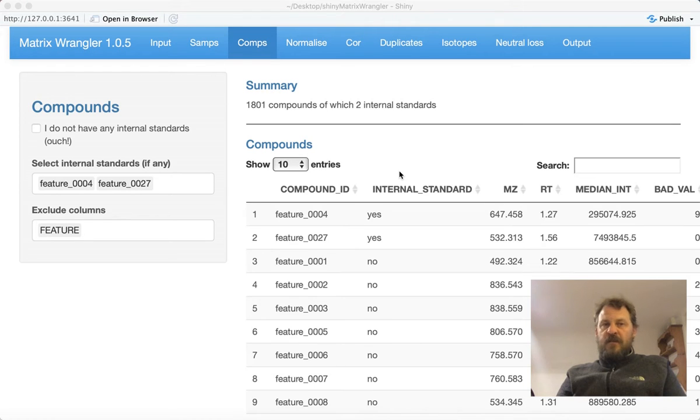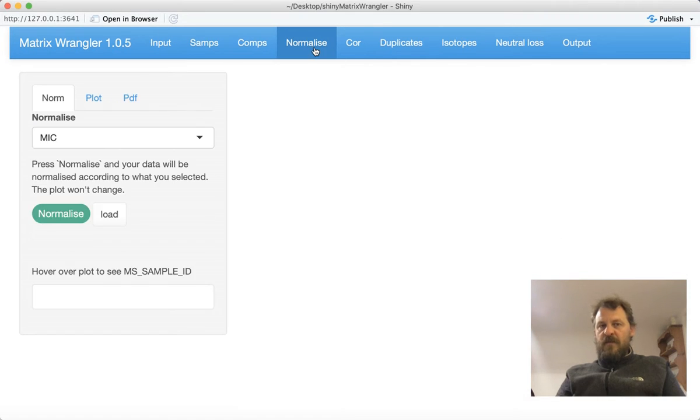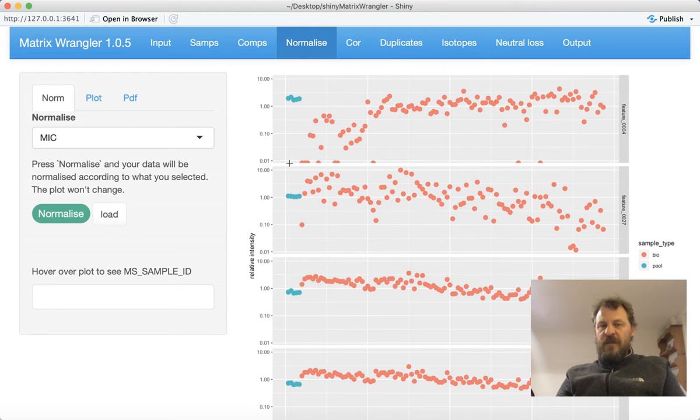The next and very important step is normalization. I realized relatively late in the day that without normalization, most of the following analysis is not useless, but is skewed in quite a strong way. We'll see in a moment why that is. So normalization has to happen. Most of the time we don't know how to do it, but